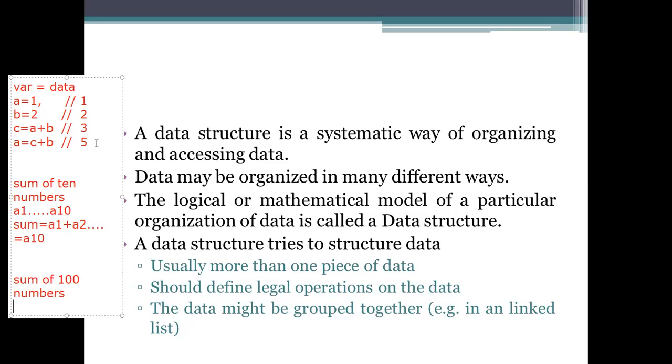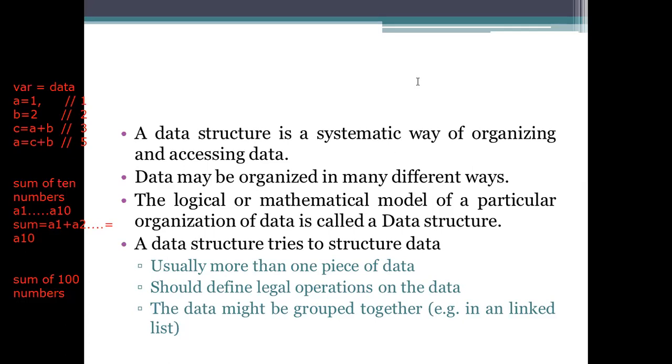If there is such a representation, then it is called data structure processing. So here we are organizing and allowing access to the data.